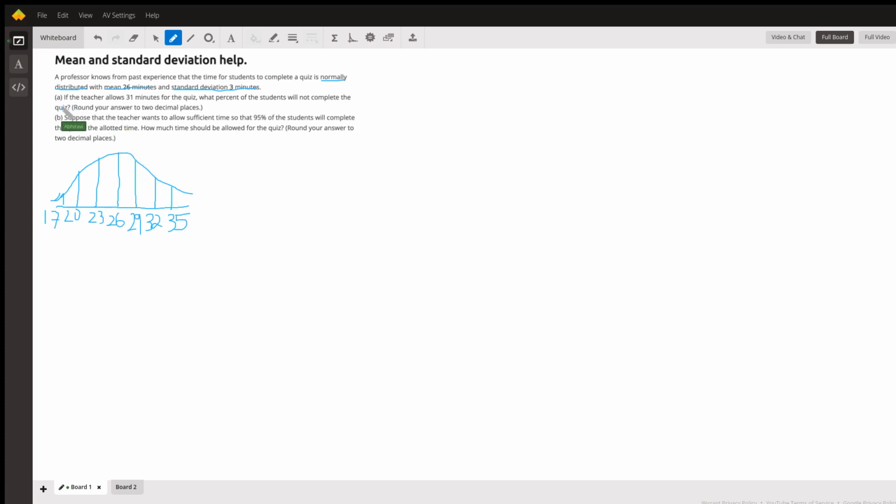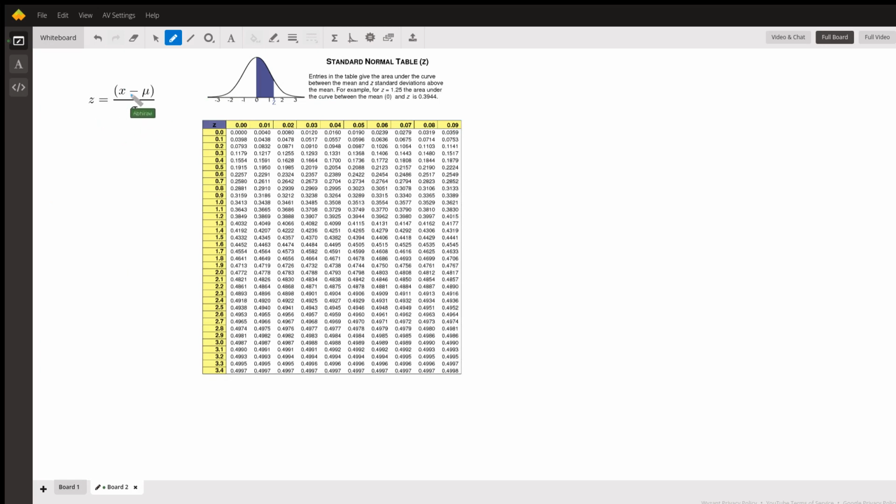Now let's go to section A. If the teacher allows 31 minutes for the quiz, what % of students will not complete the quiz? All right, so 31 falls right here. So it's not on our beautiful normal distribution curve, which means we're probably going to have to look for a z-score. So on the next board, I have the z-score formula here. So z is equal to your number minus the mean divided by sigma, which is your standard deviation. So in this case, z is going to be equal to